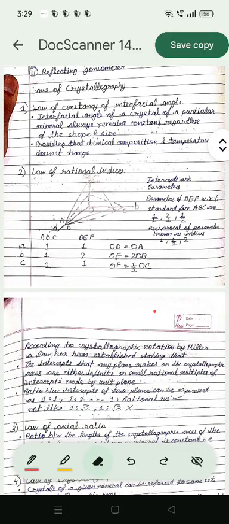Second law, law of rational indices. First we have to understand intercepts. Intercepts are parameters. What are parameters or intercepts? These are the points where a crystal face cuts the crystallographic axis. Suppose we have one standard face ABC